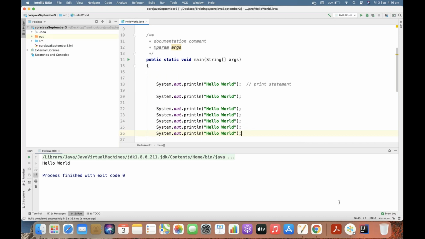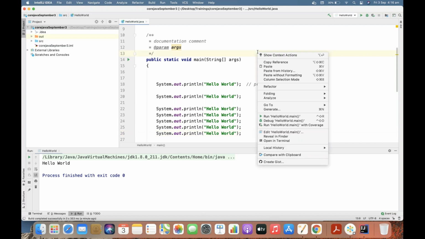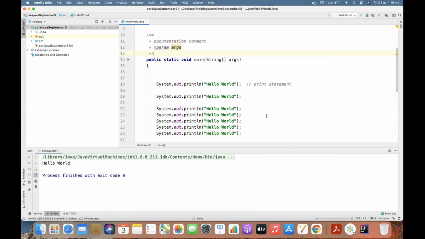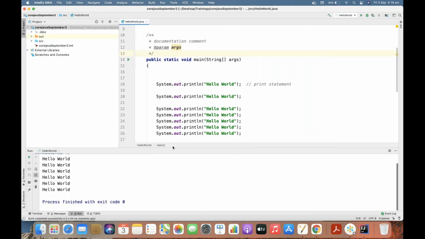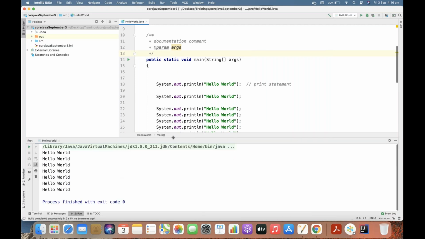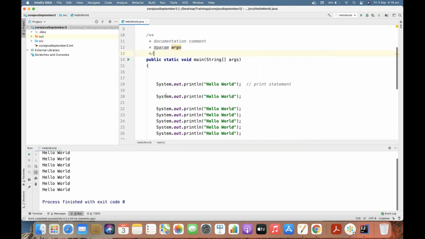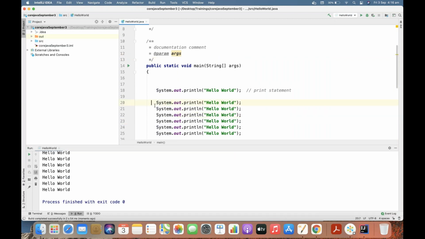Seven times, right? So we'll say seven times. But here, how I can use comments is, maybe for some reason I don't want to execute some of the lines of the code. Then I can use the single line comment. But this is feasible just for the markup purpose. And if you want to comment out only one line, then you can use the single line comment.